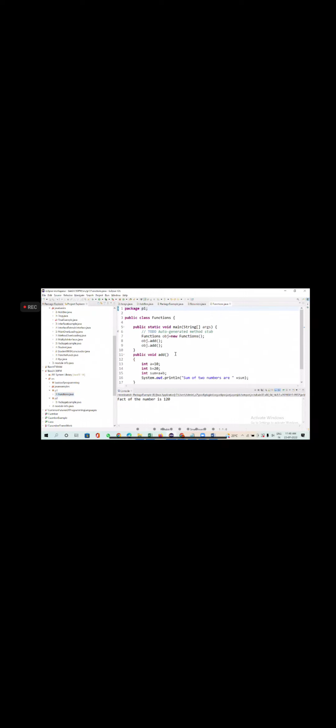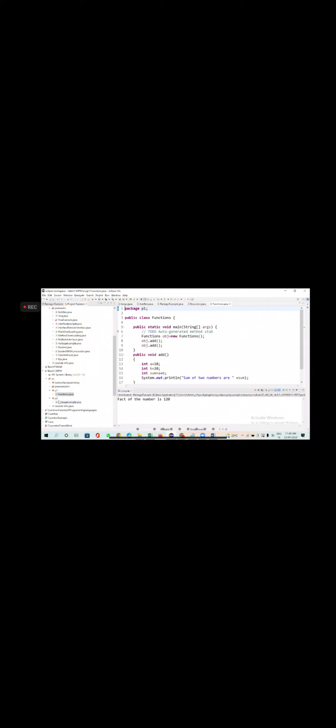Okay. Now, what I am trying to do here is create two packages. I have package 1, I have package 2. Don't worry about basics and the Java example. I have so many packages. So I'm taking one package called package 1. Package 1 is having what? One class called functions. The functions class is having one function called add. This functions class is available under which package? P1. P1 is nothing but package 1.